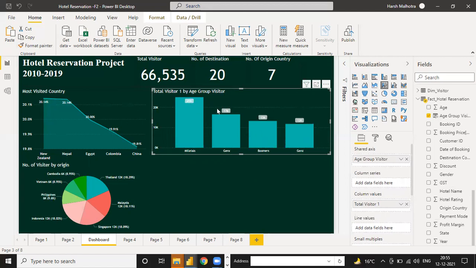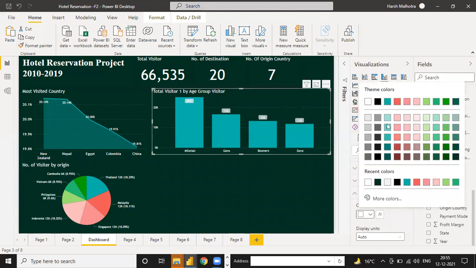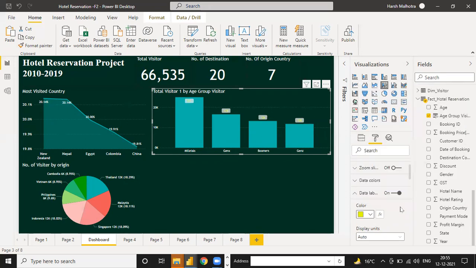See, the value is white, and right now I don't want this value to be white. I'm going to this data label, not white. I want something else. So click on this more, like yellow. Yellow is showing here.